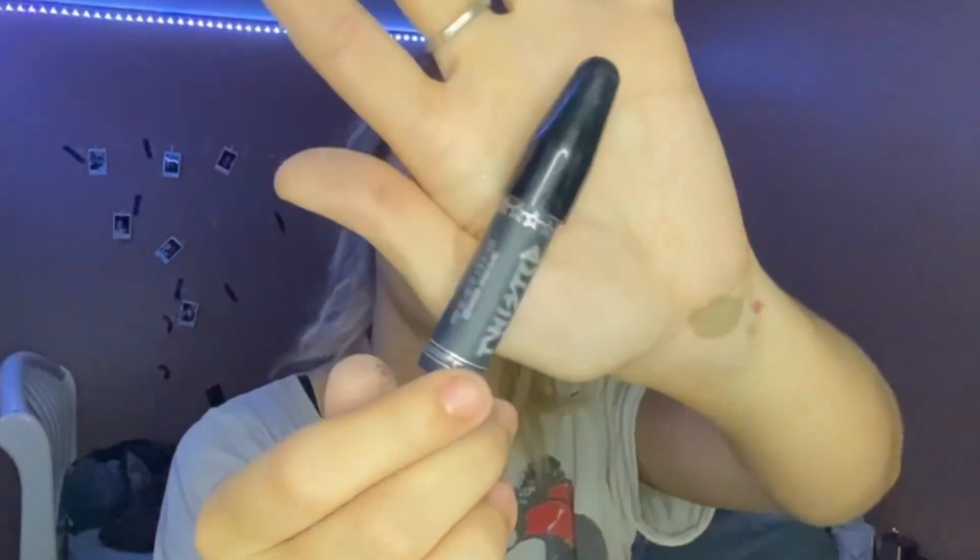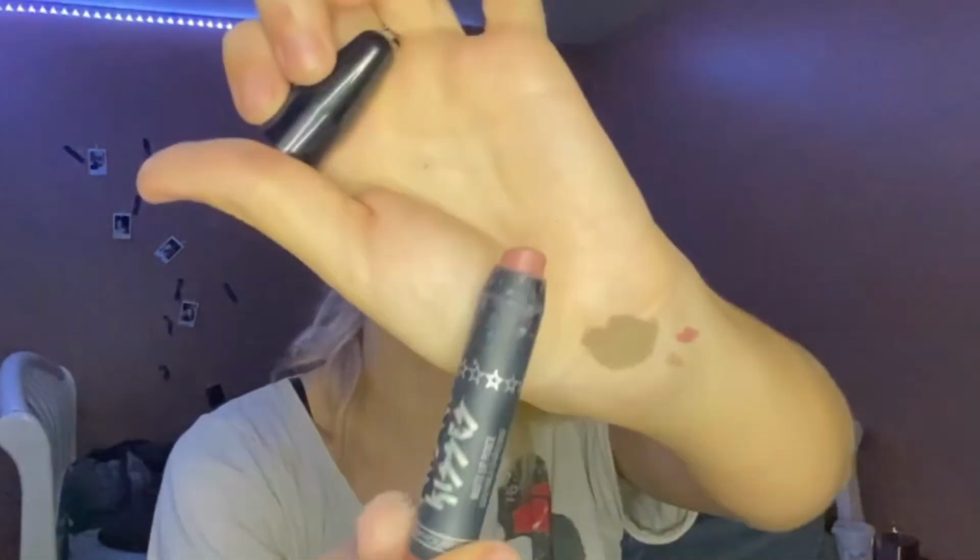I think. It looks like this, and that's what the inside looks like. It's a very nice matte lip crayon, and I actually love it. I actually like the combo, not gonna lie. You can leave it matte like this, or you can make it glossy,